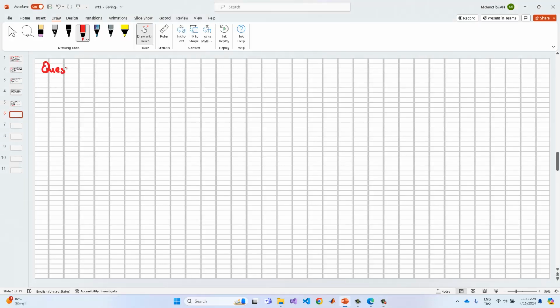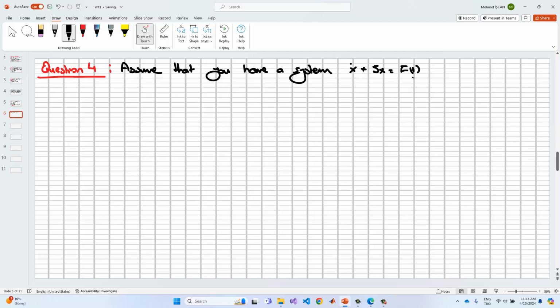In question 4, assume that you have a system like x dot plus 5x is equal to f(t). Okay, this is the dynamic equation. For a given system, f(t) is equal to 5 times u(t), a unit step input. Okay, and then solve